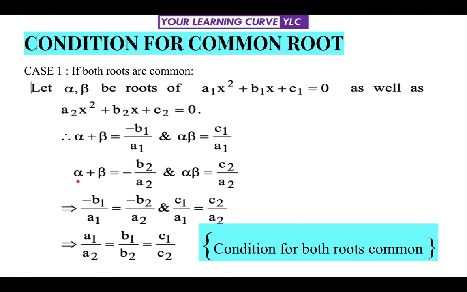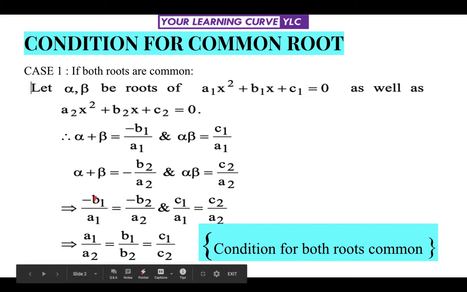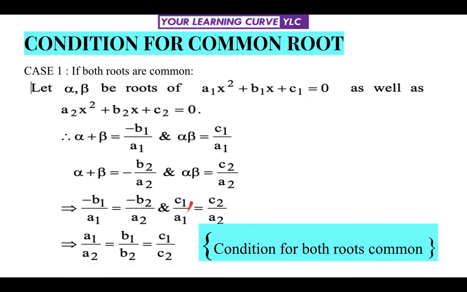The second equation gives us alpha plus beta is equal to minus b2 by a2, and alpha beta is c2 by a2. So comparing the first two relations, we get minus b1 upon a1 is equal to minus b2 by a2, and comparing these two we get c1 by a1 is equal to c2 by a2. So if we cross multiply, we will get a1 by a2 is equal to b1 by b2 is equal to